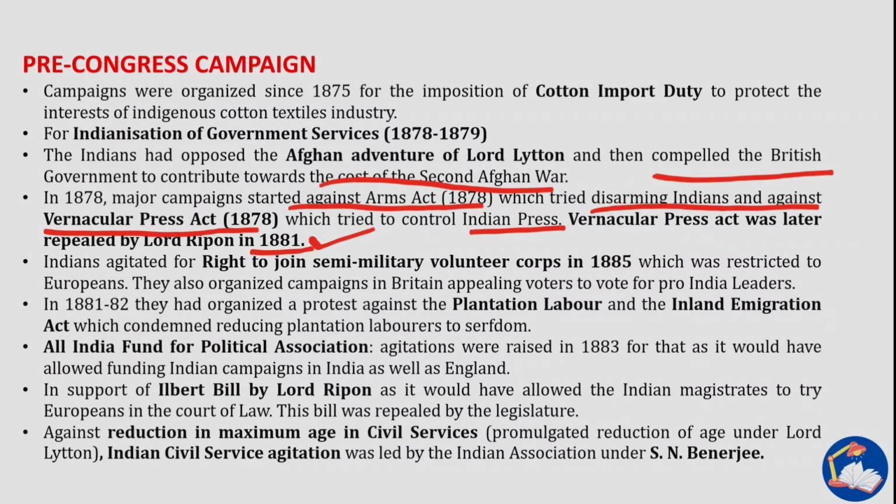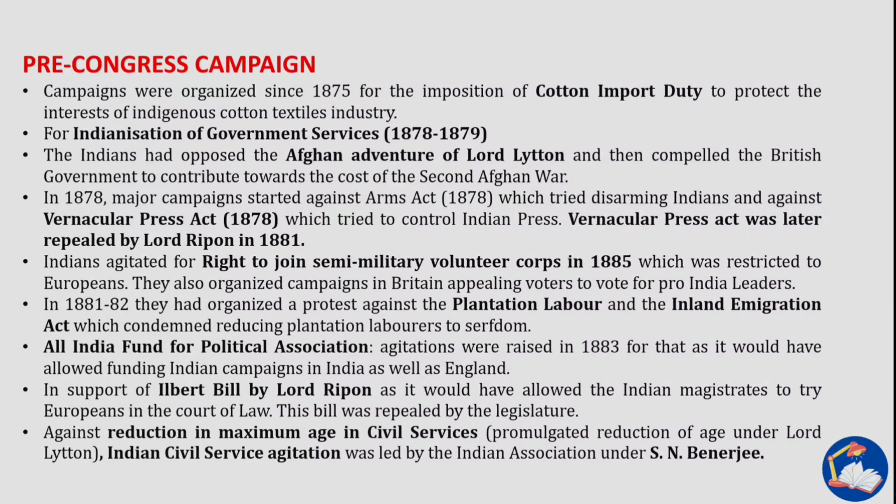Indians agitated for the right to join semi-military volunteer corps in 1885, which was restricted to Europeans. They also organized campaigns in Britain appealing to voters to vote for pro-India leaders. So they went and protested in England, and also made the public aware that they should vote